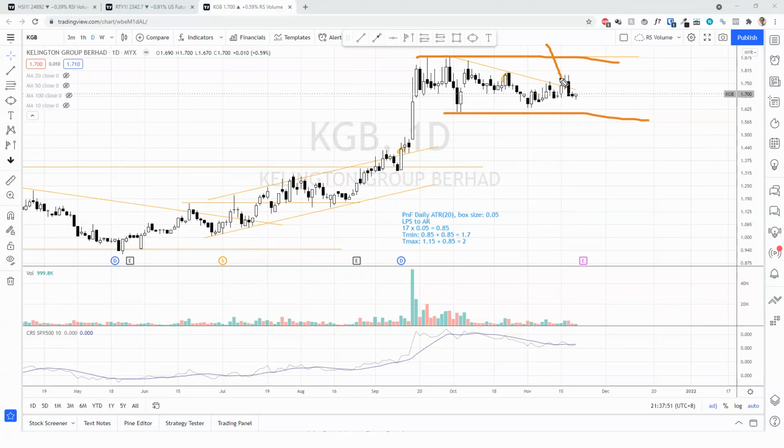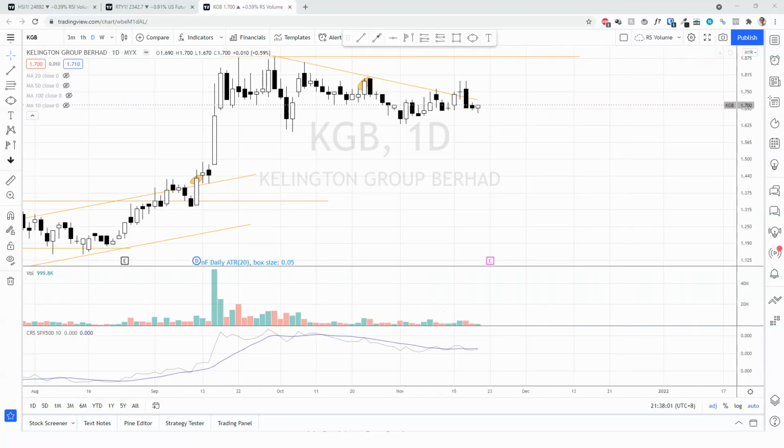There's an attempt to break out of the immediate downtrend line, but there's no commitment. If we focus on the volume, we can see that there's not much aggressive demand coming in, but supply is generally low. So I do like that. As long as supply is low, and if it can test this, somewhere around 1.6, 1.65 or 1.64, somewhere around here, I think that could be a decent reward to risk.